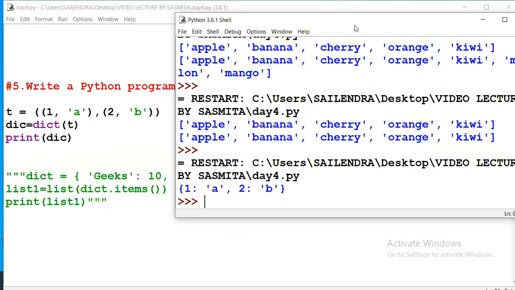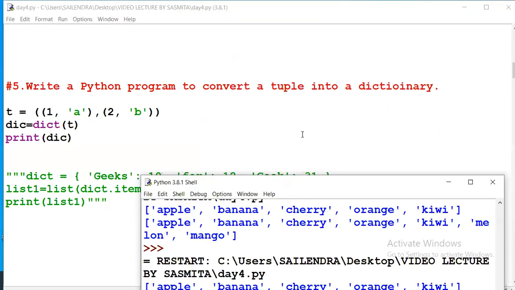So how to convert a tuple to a dictionary? All of you listen here. We took the tuple as t; any other variable can also be taken. t is 1a, 2b, because as per the dictionary format we can keep two values, one for key and one for value.